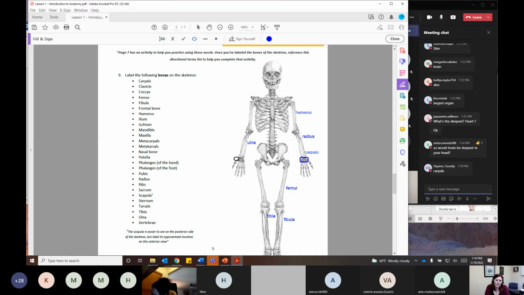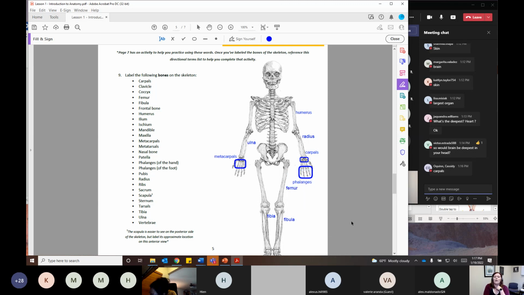Connected to the carpals are the bones that make up your palm. So the long bones that make up the palm of your hand, these are called the metacarpals. I like to remember them because they meet the carpal bones. So the palm of your hand is where we find the metacarpals. And then the last group of bones that we have in the fingers are called the phalanges. The phalanges are your finger bones. So phalanges,